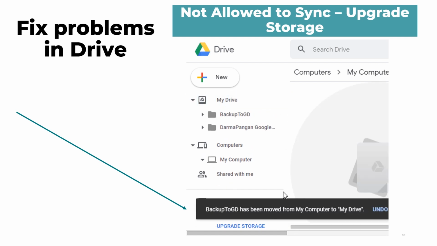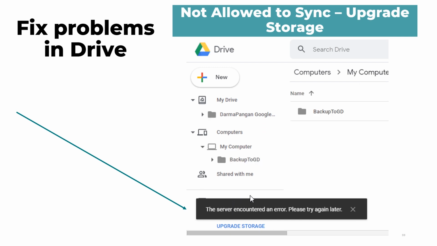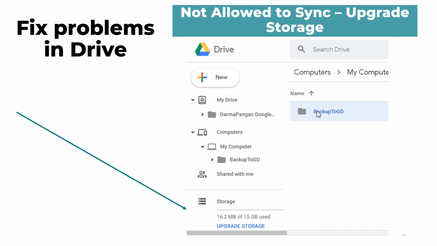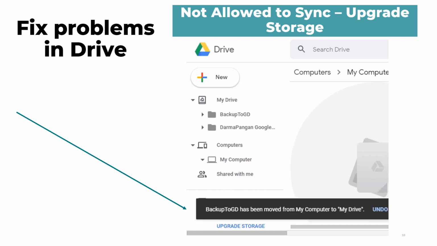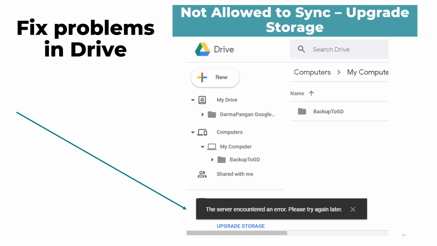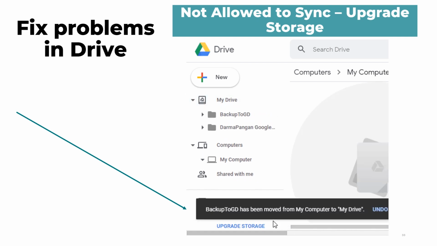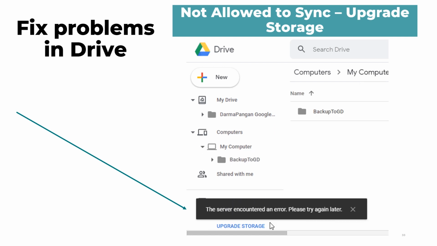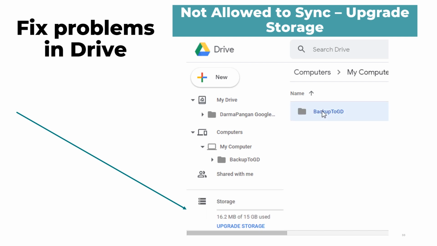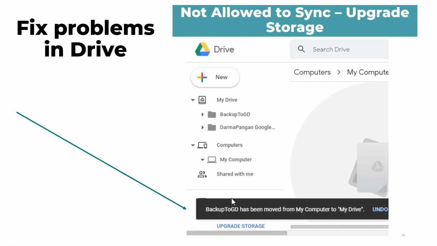As you are working with Google Drive and it's not allowing you to sync, that's one of the biggest problems that may arise, especially if you're under pressure from a company deadline and you just cannot upload files in a timely manner. Well, fear not. There is a solution. As we see on the GIF on the screen, it shows you how you don't have enough storage. So the next solution would be to buy more storage. As we discussed earlier, the maximum storage on an individual Google Drive is 15 megabytes. Once you've exceeded that capacity, this is when you know you have to upgrade to a business plan.